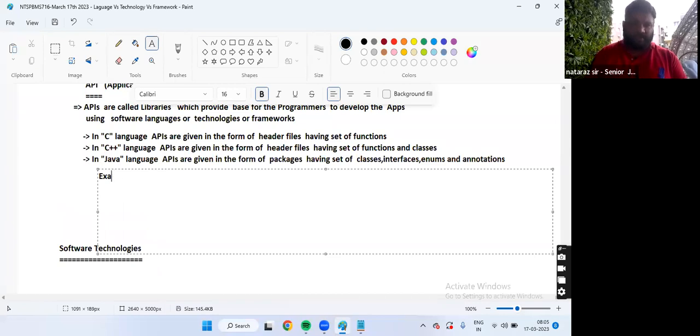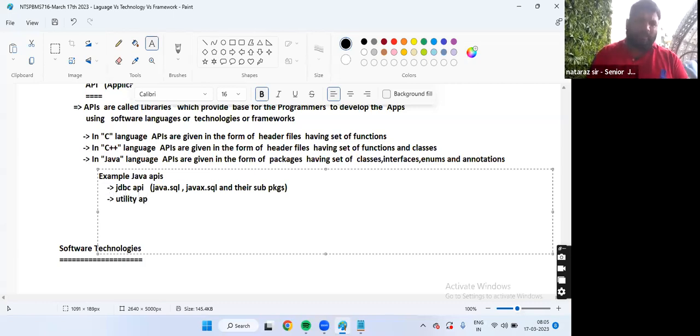Example Java APIs, guys. JDBC API: java.sql, javax.sql and their subpackages. Next, utility API: java.util and its subpackages.